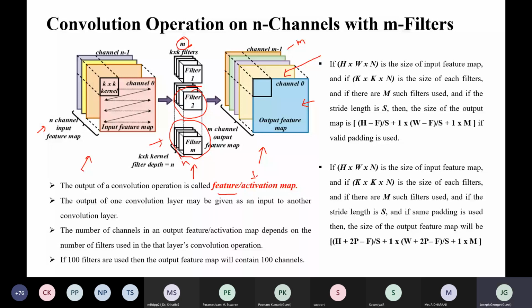Even though we say one filter, the depth of the filter will automatically be the same as the depth of the input image or feature map, whatever it is. It will change according to the layers. So this is the general formula.